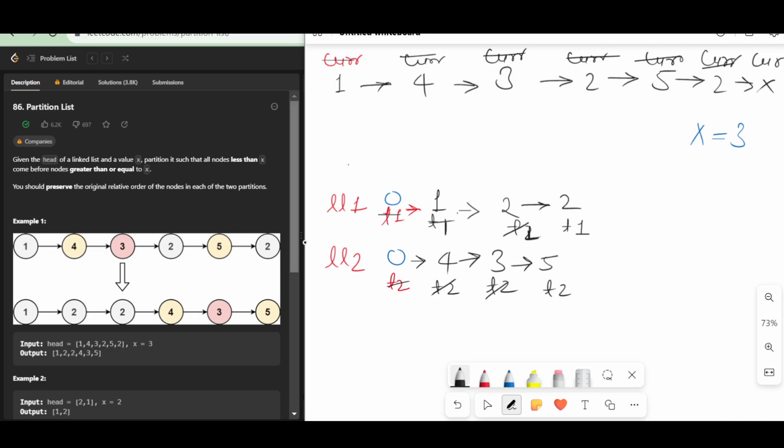So this partition of linked list 1 will come first, 1 2 2, which contains these three nodes, and then at last these nodes 4 3 5 will come. Now how am I going to attach this linked list 2 at the end of this linked list 1? I will take this tail node of linked list 1 and I will make its next point to the